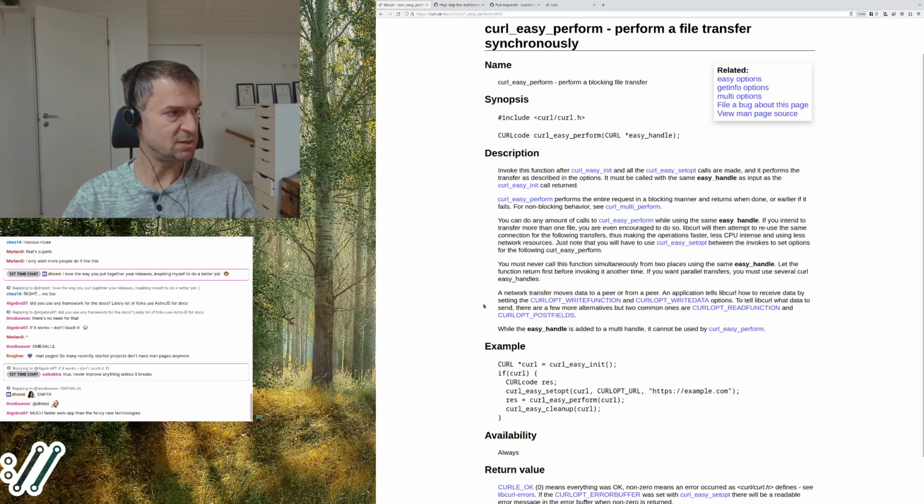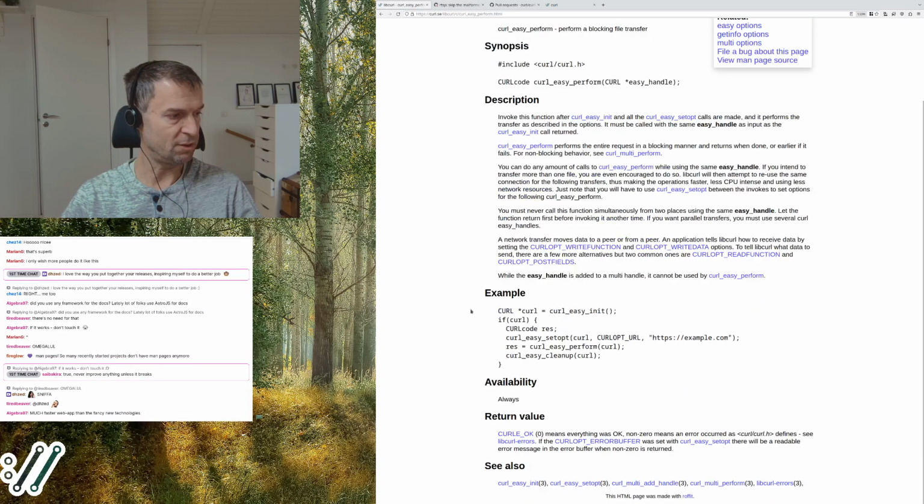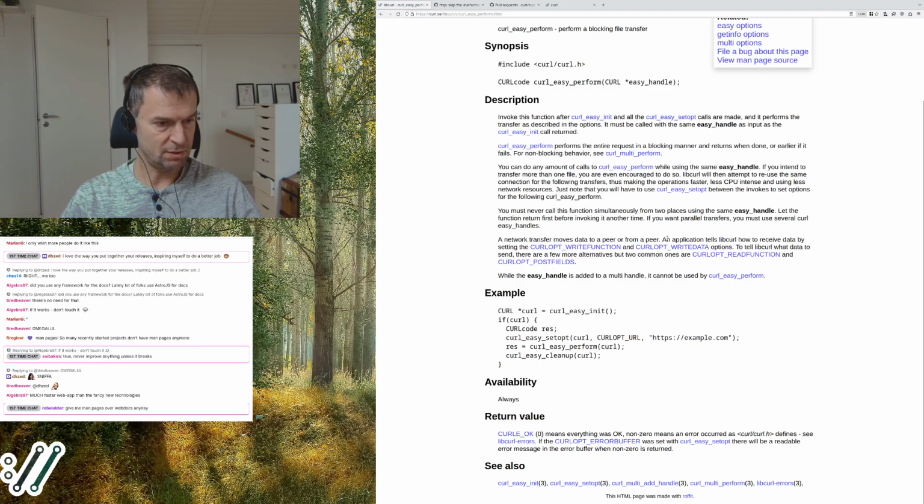And we now have very strict checks: every man page has to have name, synopsis, description, example, availability, and all these sections in the same order. Possibly example is the most important part. So we make sure that all our man pages these days have examples, to help users more.